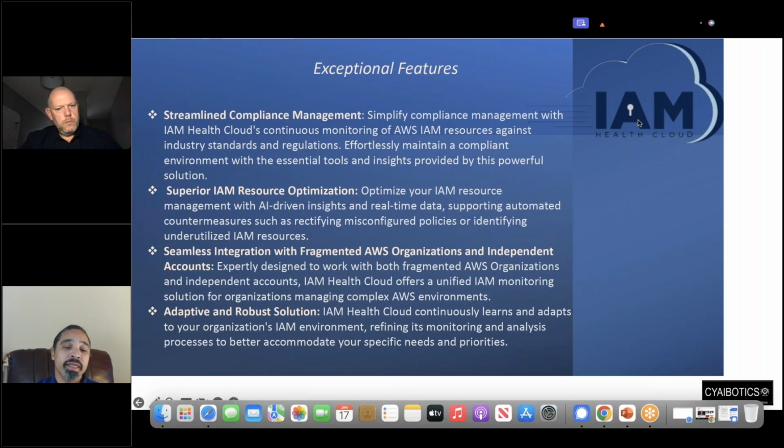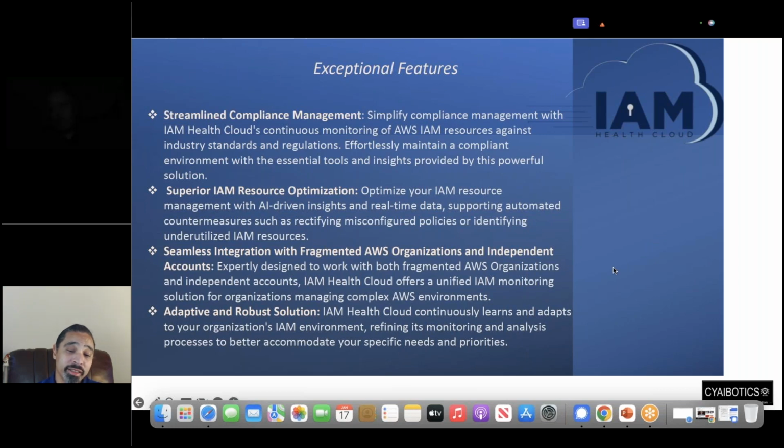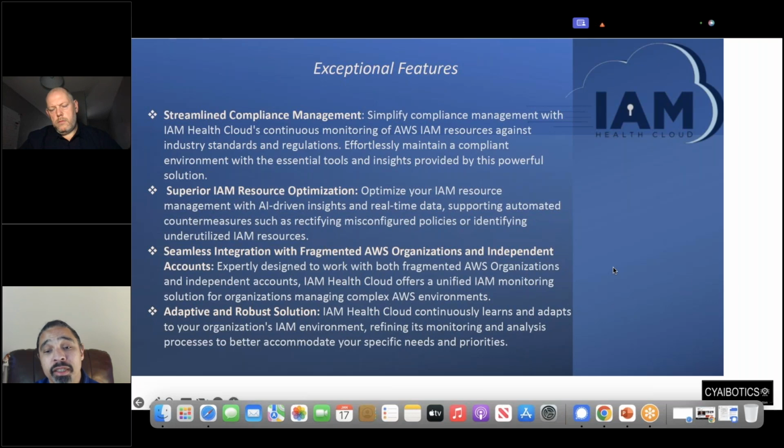And as far as being a robust solution, just talking about IAM Health Cloud on the back end, we've made sure that we stuck to the most basic AWS core services. So on the back end, we're using things like EC2 and S3, and of course IAM, but the basic services to make sure that in large scale events we're able to, for one, continue to provide you this information, because it's critical at that time, more than ever,